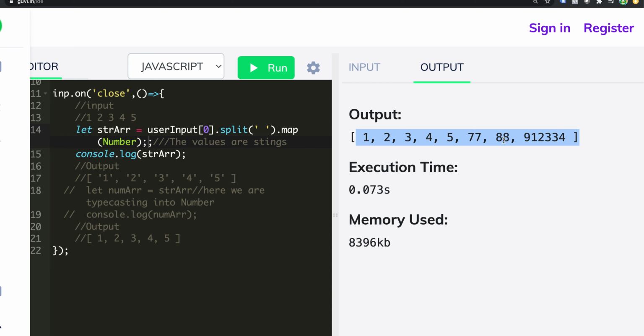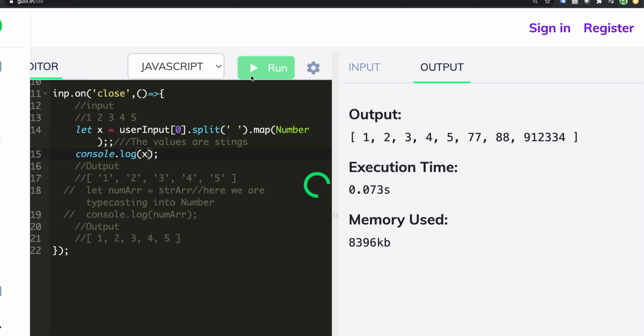It starts from reading the user input, which would be a string, then it does a split based on a space, then it does a mapping, which is the number conversion in this case. And finally my strArray, though the name is strArray, has the numbers. The name doesn't matter. It could be strArray, it could be x, it could be y, anything. It's up to your convenience what you want to name it. Even you can put your name, the output is the same. This is how you read the input from the console and then convert it.